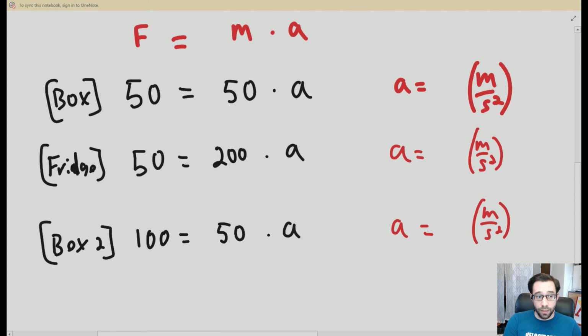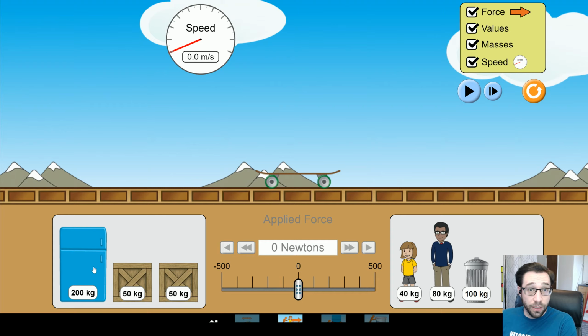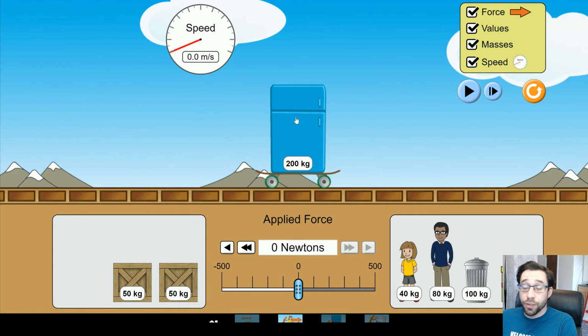50 times what equals 50? So I would have an acceleration of 1 meter per second squared. So for every second that passes, I'm going to be increasing my velocity by 1 meter per second every second. Make sense? Now, in the simulation, if instead of a 50 kilogram box, I put a 200 kilogram refrigerator,